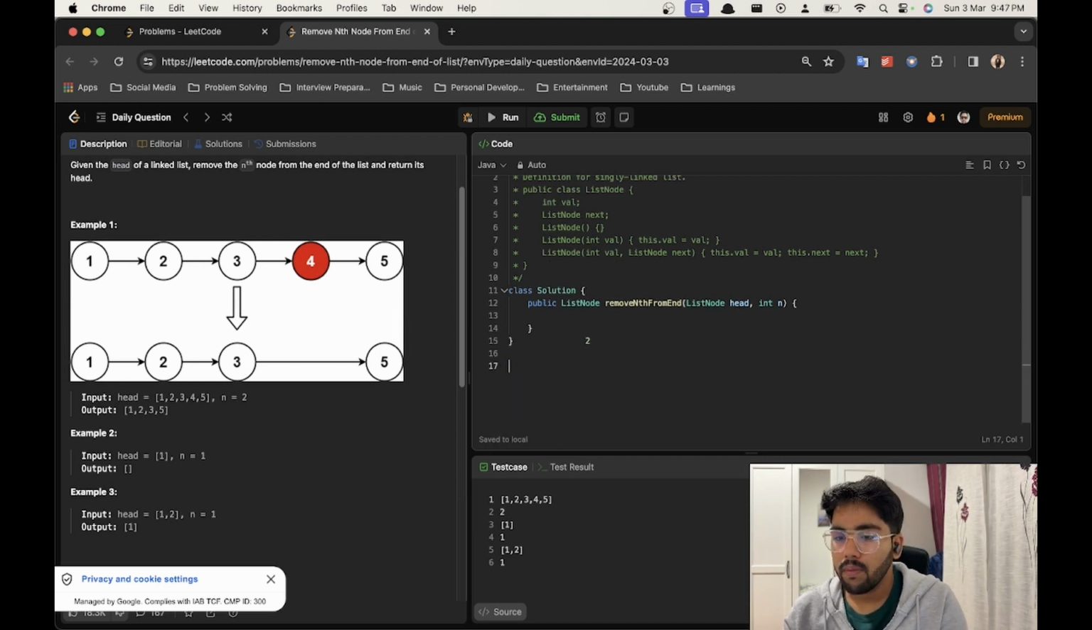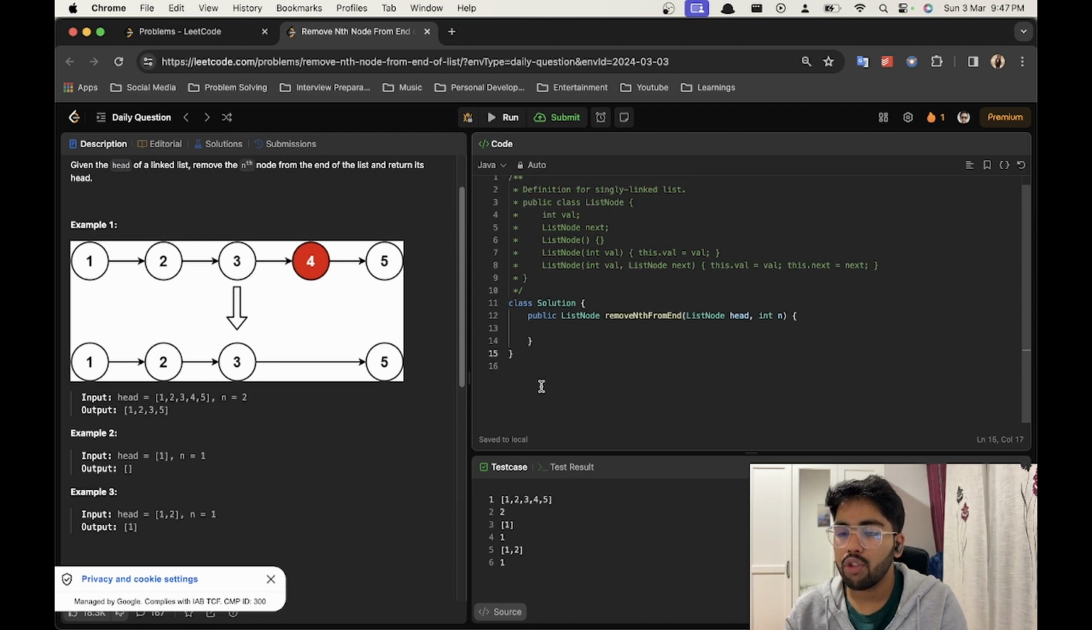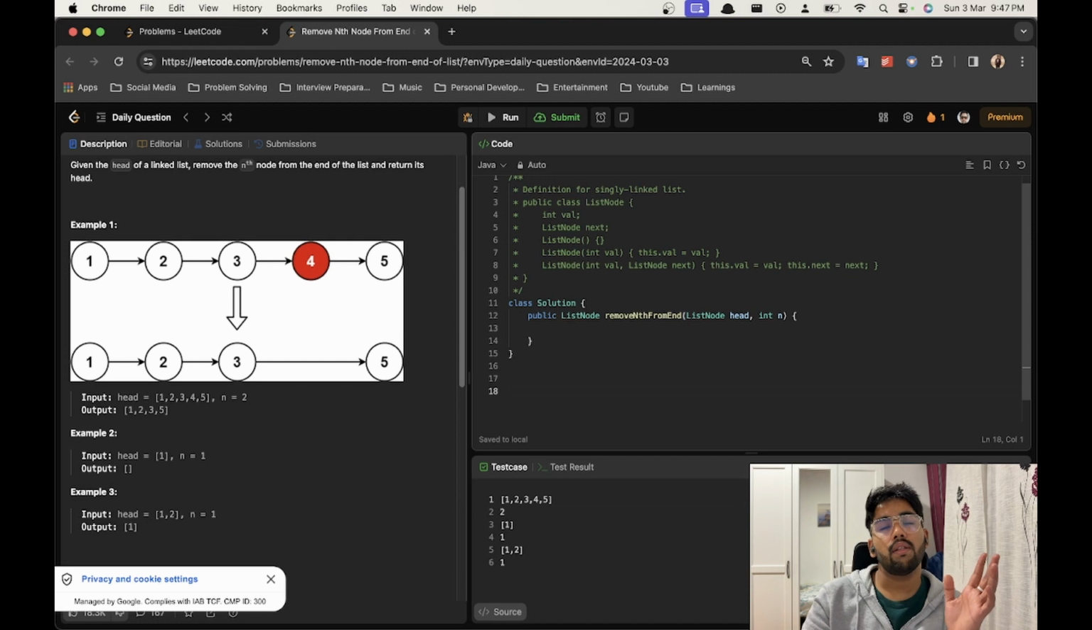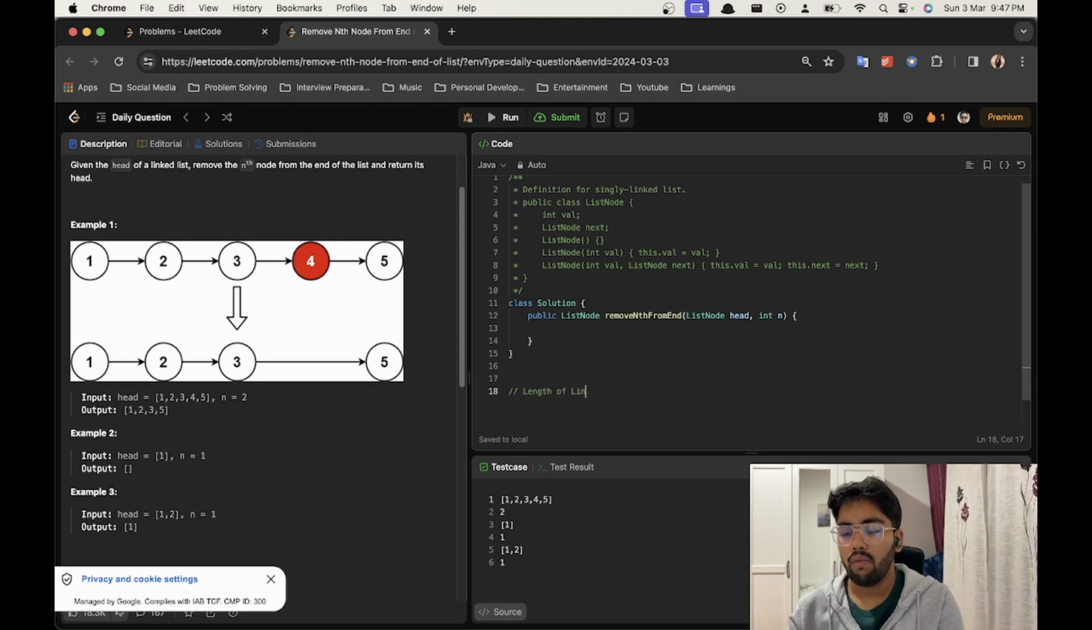Okay, I think the approach right now is clear to me. We will look at more approaches after going with this approach, to see if we can do something better or if there is any other way. But as I see, I am traversing this list once to get the length of the linked list,